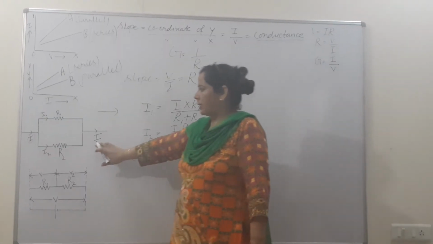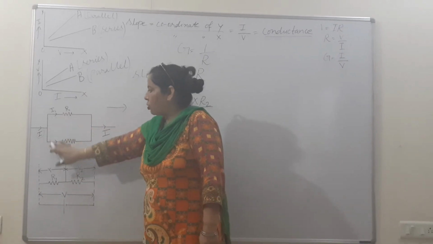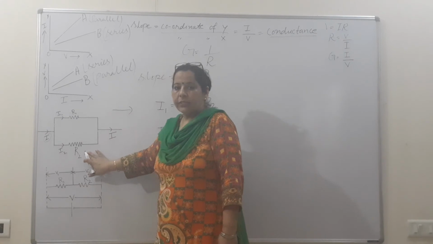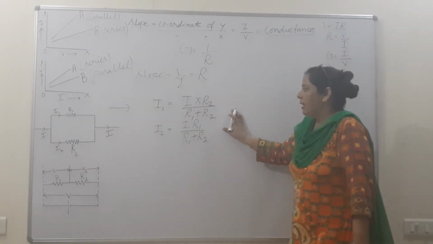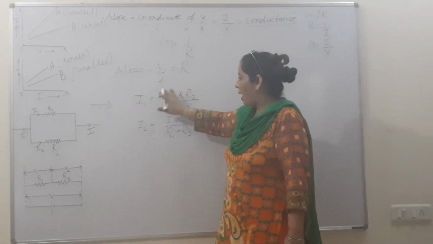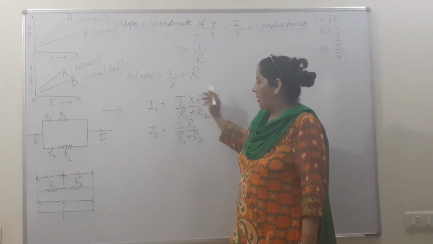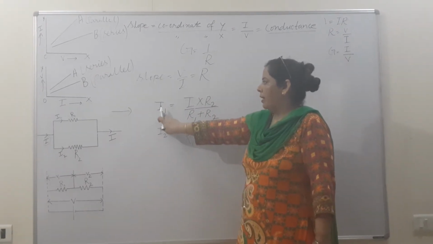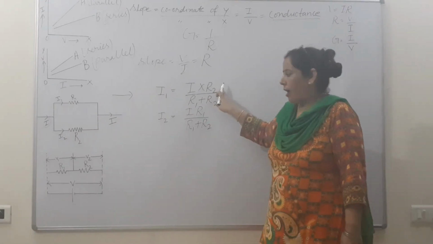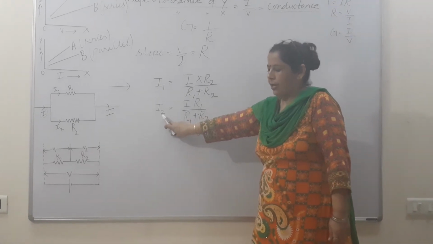This type of figure is there. You have to find either this one or this one. This is given to you and the resistors' values are given to you. You have to use that formula. Sometimes, beta, maybe this value is given to you and you have to find this I. Then you know I1 multiplied by R1 plus R2 divided by R2. In the same way you can do here also.